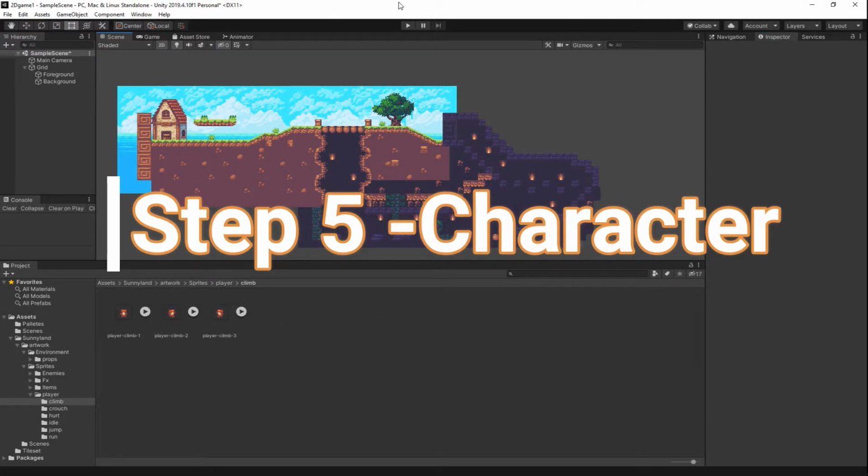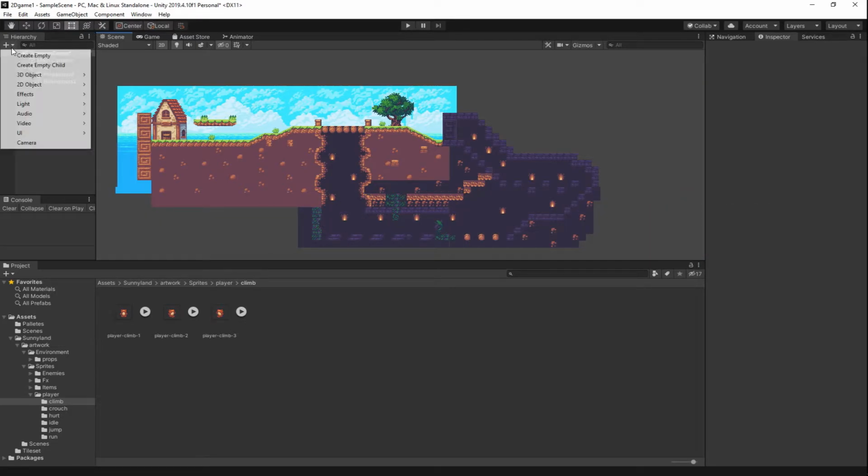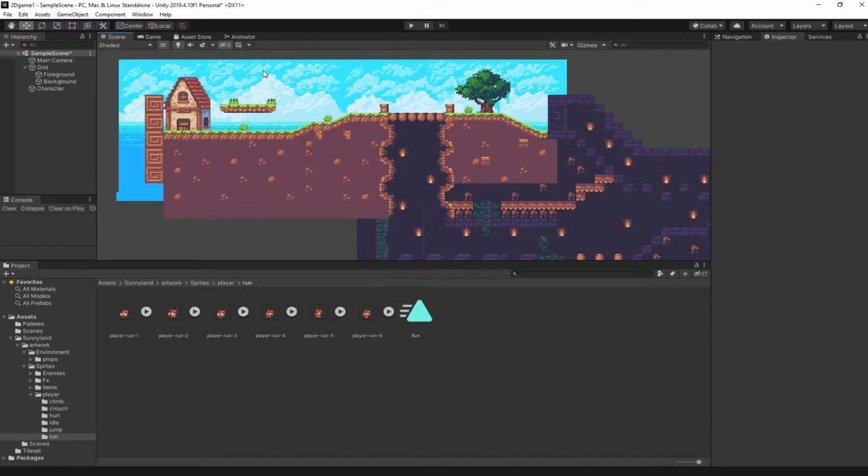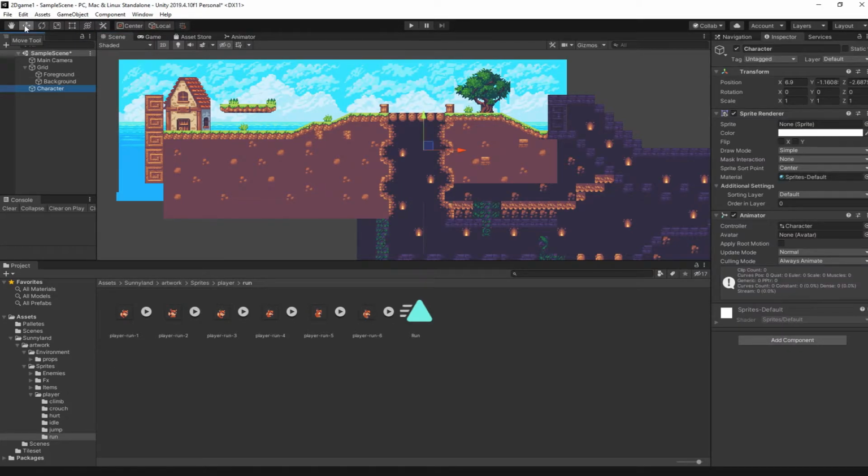So now that we made a scene, we just have to create a character. To create a character, just go here, this plus sign, create a 2D object, a sprite. I'm going to rename it to character. So now we just have to find our character. Just press character and then this move tool, and then drag this out of the scene so you can